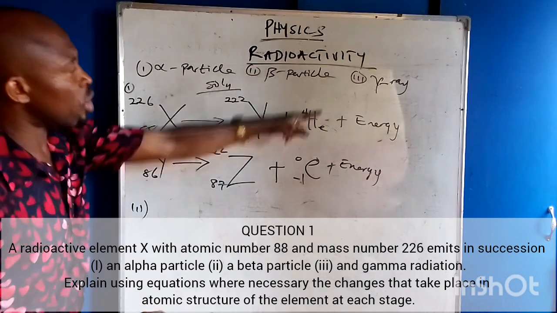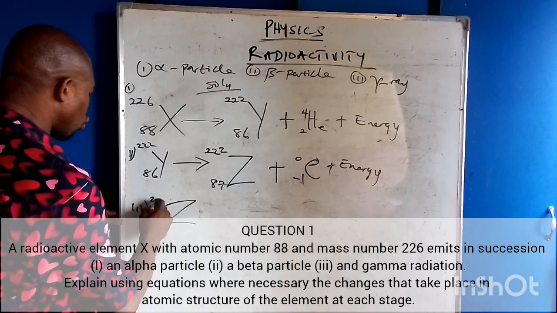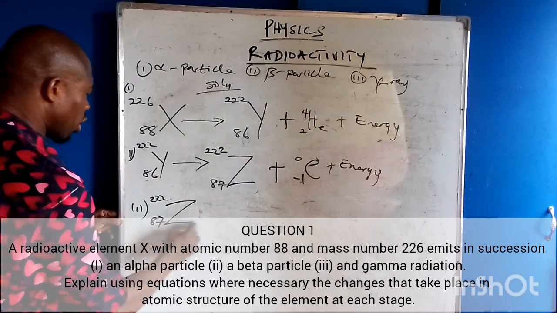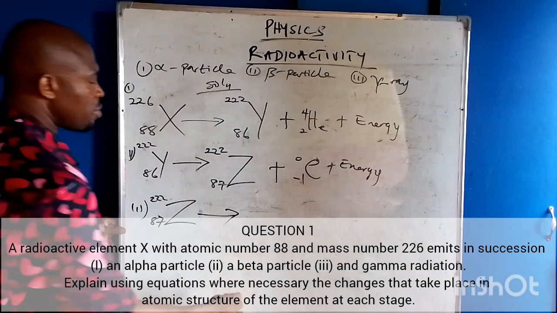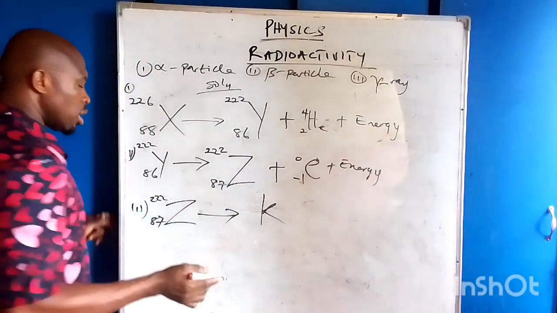Now, for the third one, since it emits in succession, it is now this one that will emit gamma ray. So we now have Z 222 87 here. Z will now give rise to another element. Let's say K. You can use any letter to represent it. So if it is K